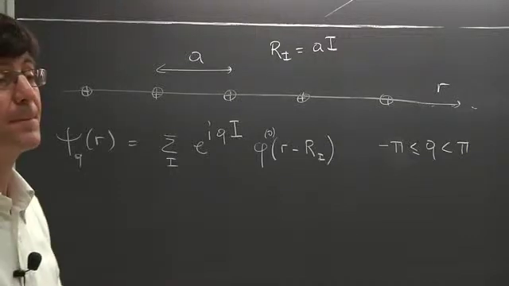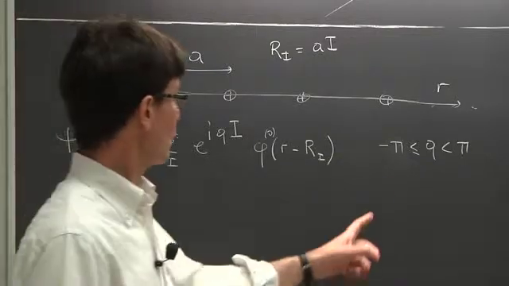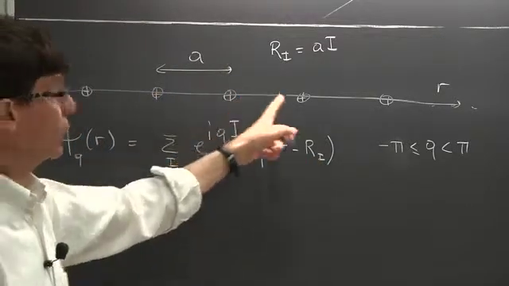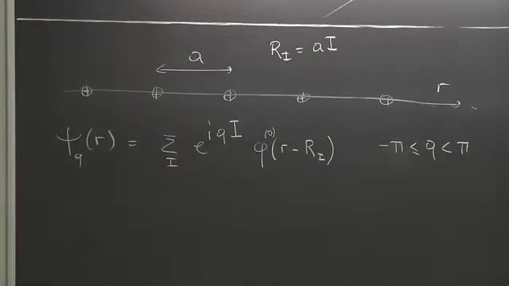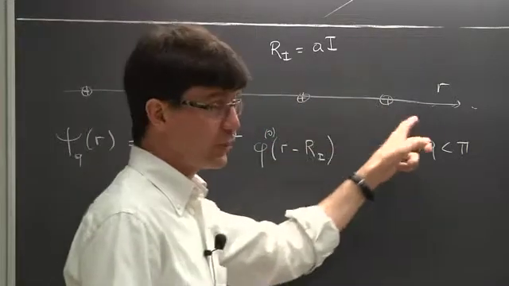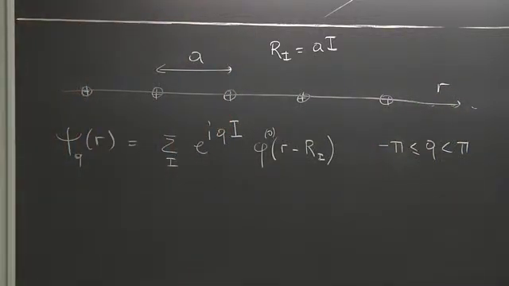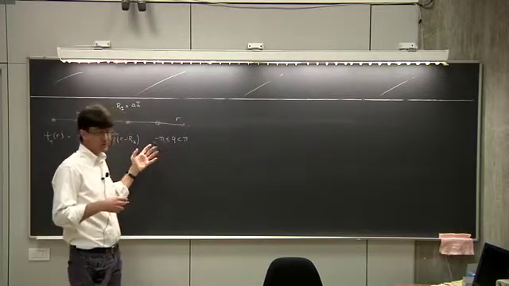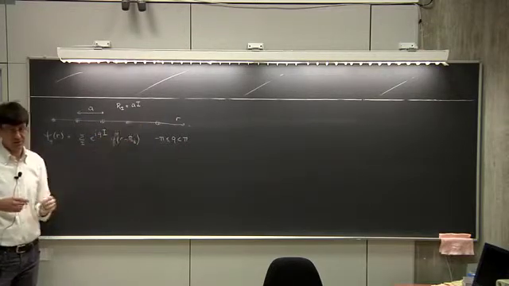Yes? Why would you usually use the periodic interval? Where? Here for q? Yes. Oh, okay. I need to go back to the beginning. That's what we want to solve. We want to solve the problem of an ordered array of atoms. You may, of course, wish to solve the problem of an arbitrary arrangement of atoms. Well, this is not going to be easy to do. So the theory we are going to develop works only if we can assume that there is translational periodicity,